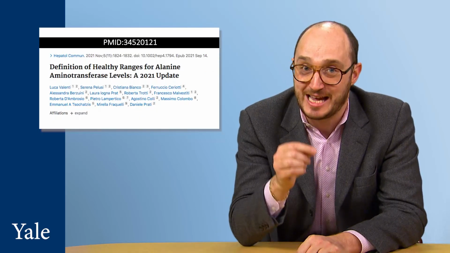The reference intervals they derived were 42 units per liter for men and 30 for women. Again, using a similar assay to ours. That's 30% lower than the initial cutoffs proposed by lab experts. And I hope that if nothing else, it convinces you that we need to revisit this decision together as a